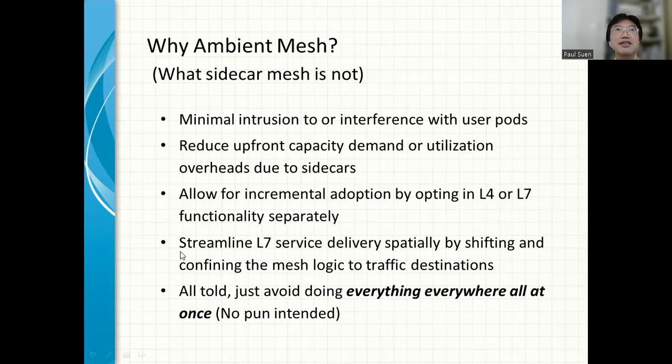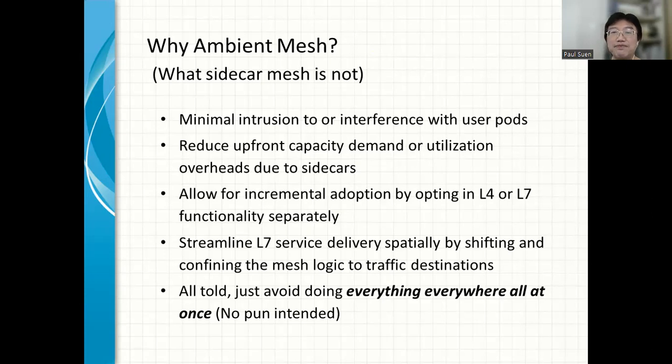Another advantage is that instead of doing the proxy work all over the place from source to destination, here it streamlines the layer 7 processing spatially towards the traffic destination through the waypoint proxy.